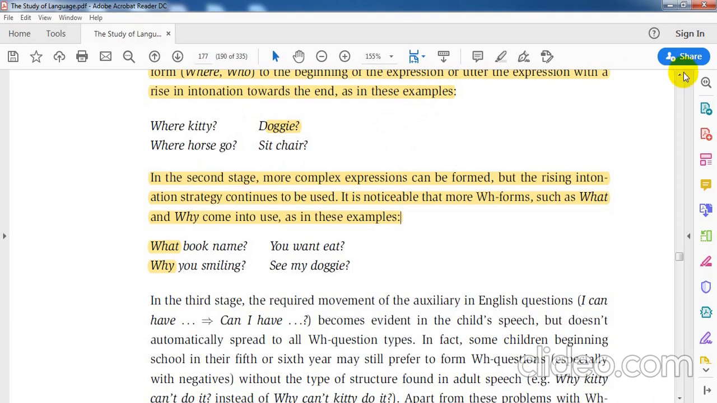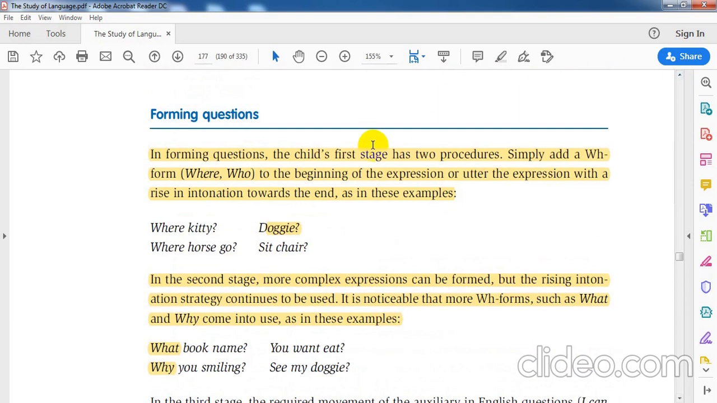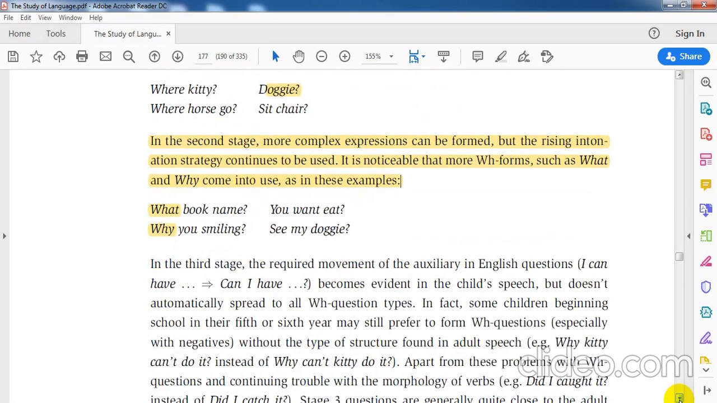The first stage, as we said, from 18 to 20 months, the child is going to be able to implement where and who. The second stage, which is from 22 to 30 months, the child is going to be able to extract WH questions like what and why. Okay, and don't forget the rise in intonation when forming a question, like the examples in front of you: doggies,